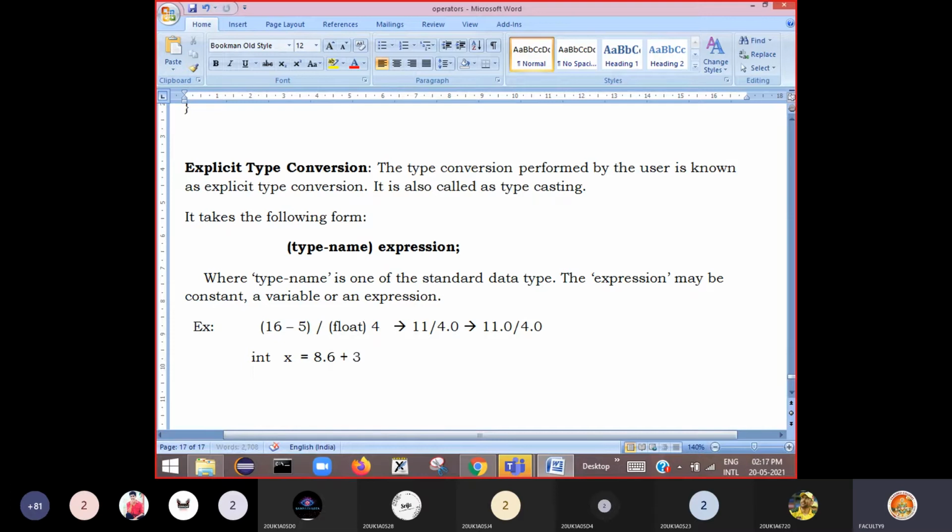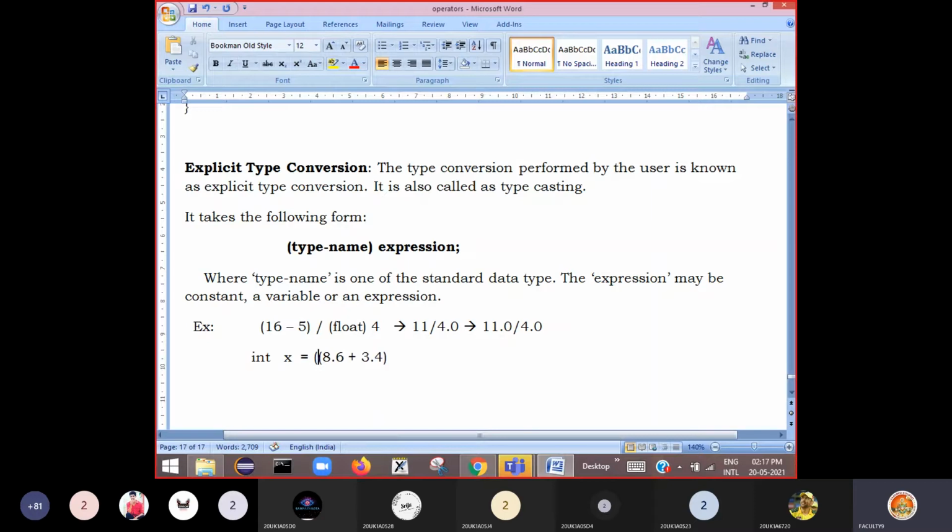So these two floating point values are there with me. I want to convert this entire thing into int type. Then what I have to do is enclose this within the parenthesis.